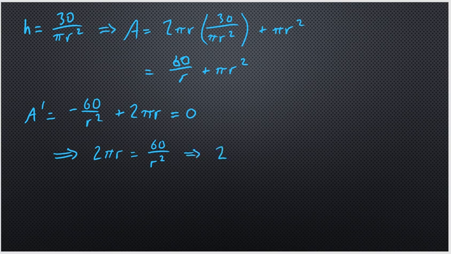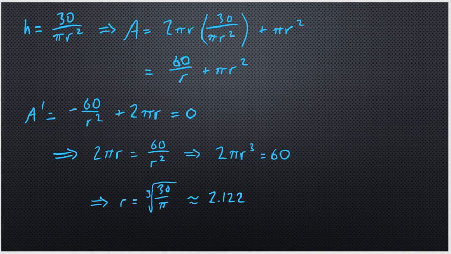Multiply both sides by r squared. And then we can divide both sides by 2 pi and then take the cube root. So r is equal to the cube root of 30 divided by pi. And if you plug this into your calculator and round to 3 decimal places, you get